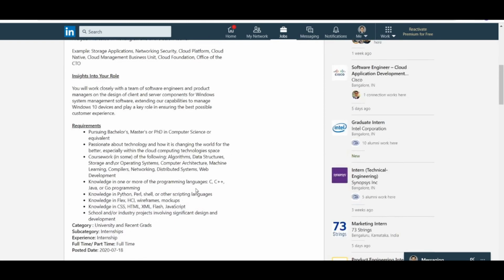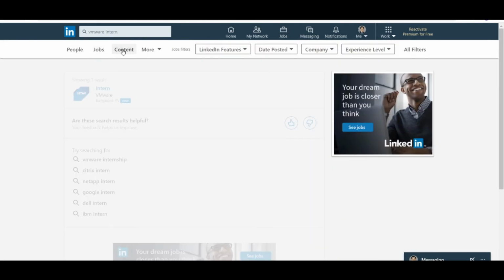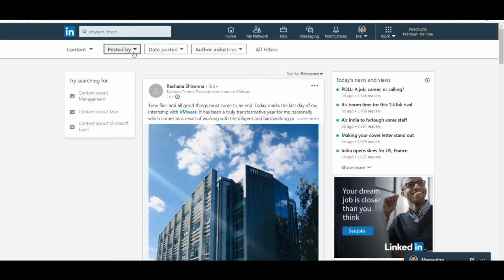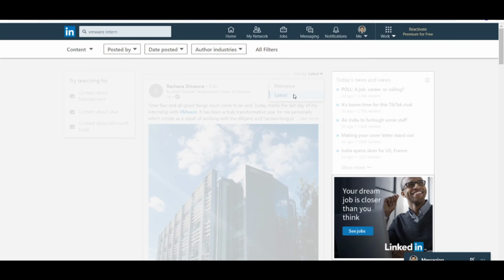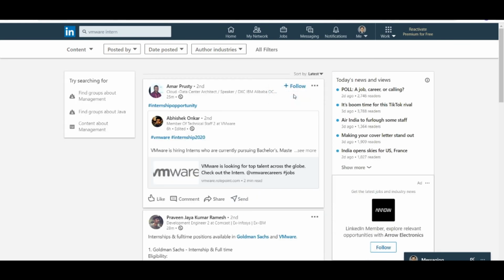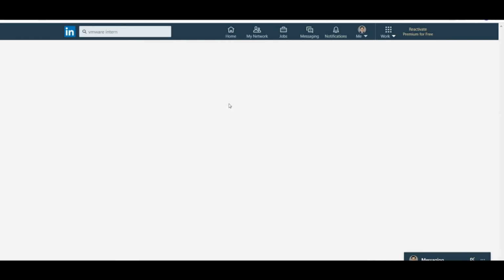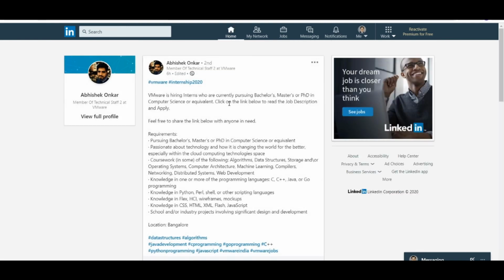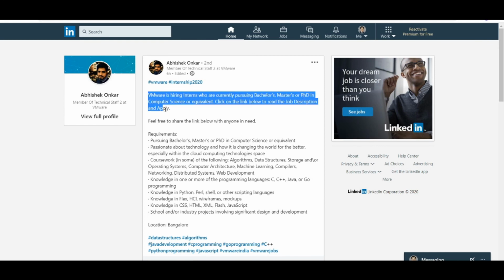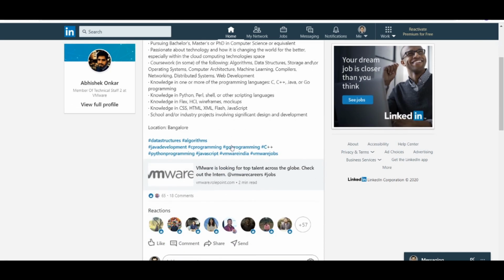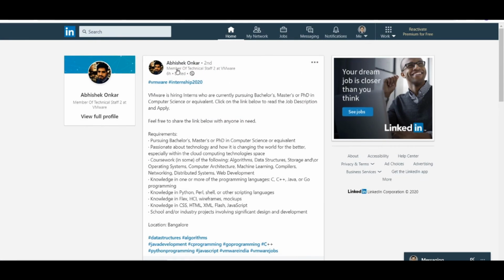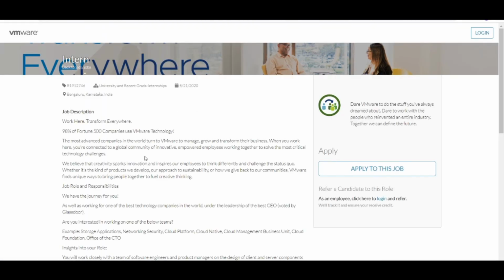there is also another way by which I will seek a referral from somebody who has posted this job. So I'll go to content, search for recent posts, and you'll see that this person has listed out this job. Now he is probably the key recruiter who's looking for a candidate. So in case I apply directly to him or seek a referral from him, it would increase my chances of being noticed rather than a systemated resume which is often read by a machine. So you can see it is the same job profile which was listed.